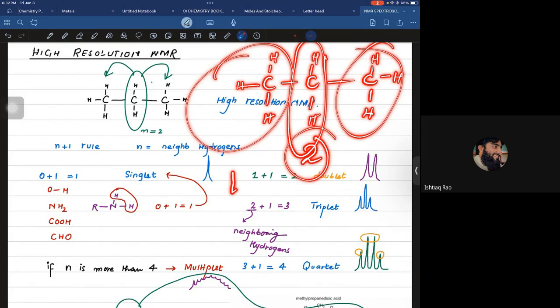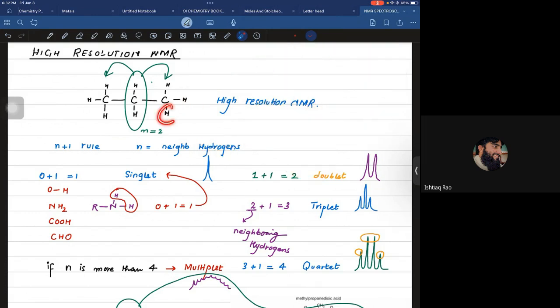So if I ask you what about this? You know, it's a proton. If this is a hydrogen, then obviously it has an electron that would be revolving in the outer shell. And this is also a proton, also a hydrogen. Its electron is also revolving around the nucleus of an atom. So the electrons of these will repel each other. There would be a repulsion effect. So as a result of repulsion,